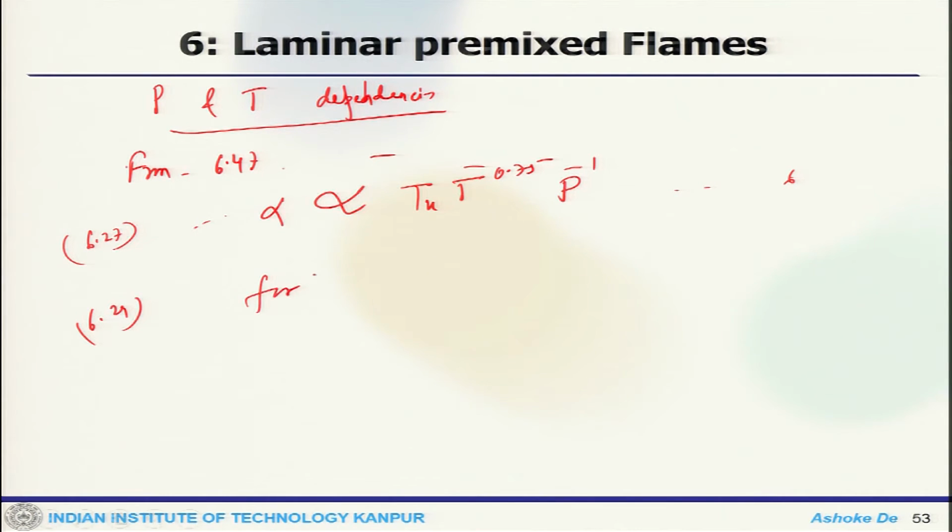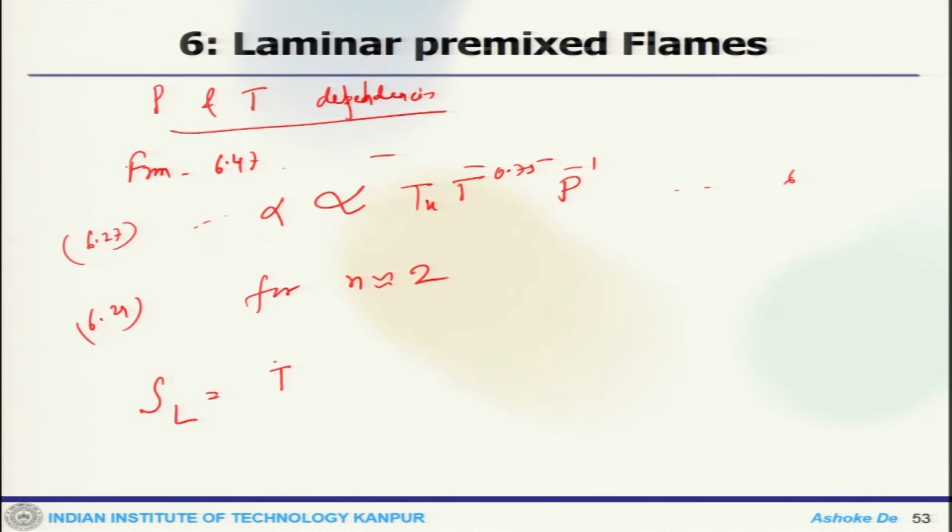What we get is that alpha is proportional to T bar to the power 0.75. This is what we already obtained in 6.27. This corresponds to 6.27, and also 6.29 has given us, for n2,